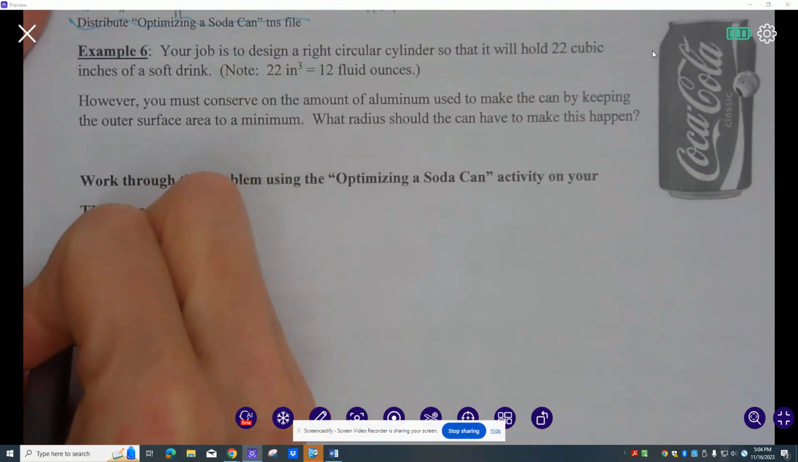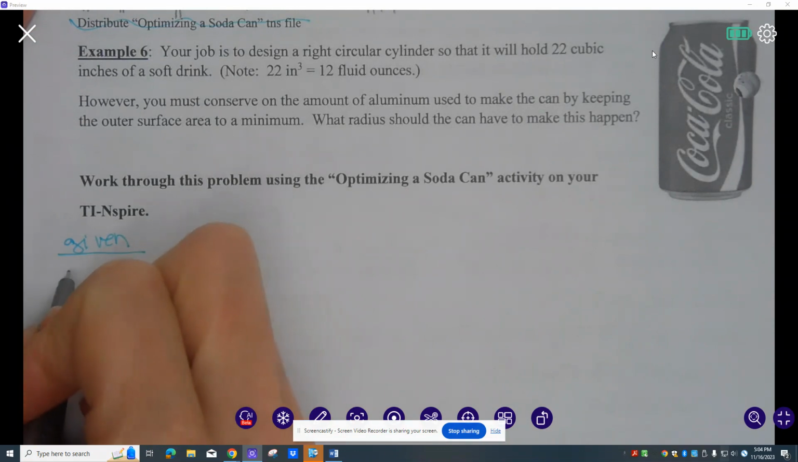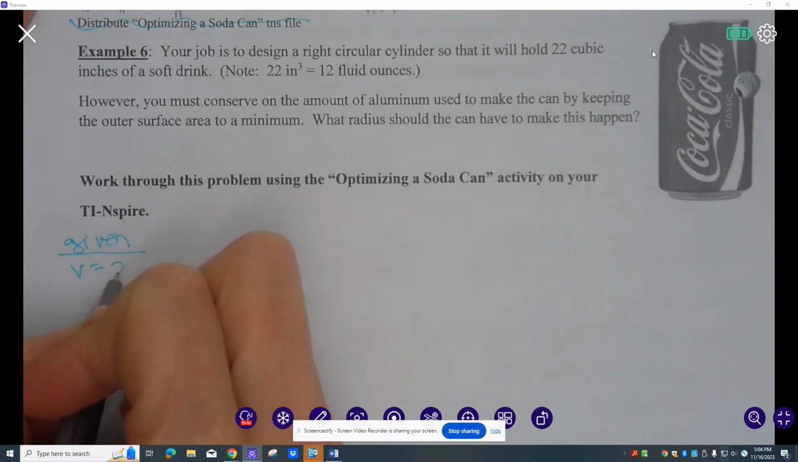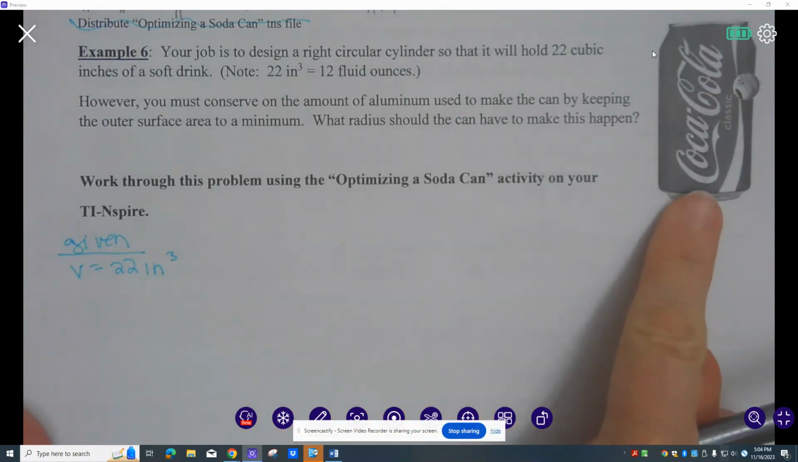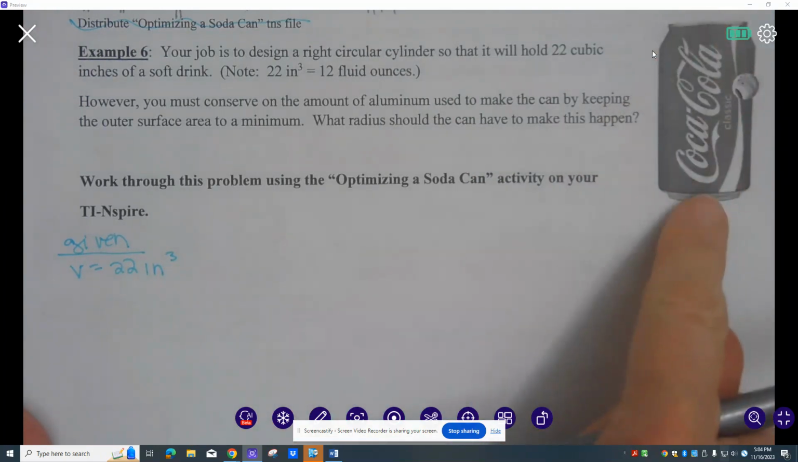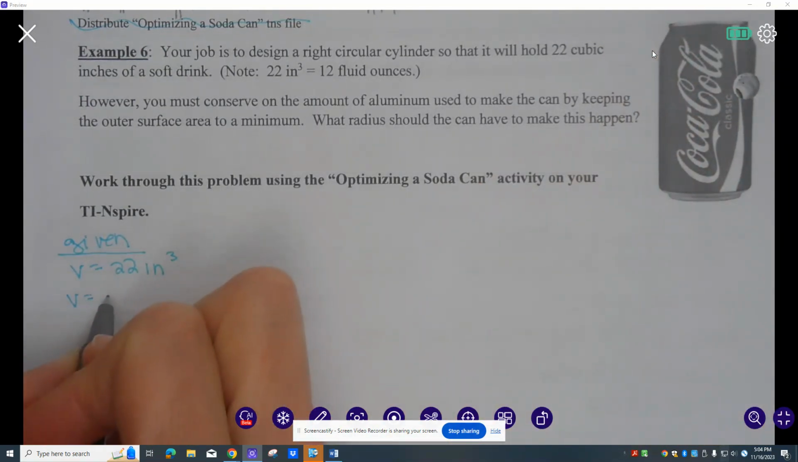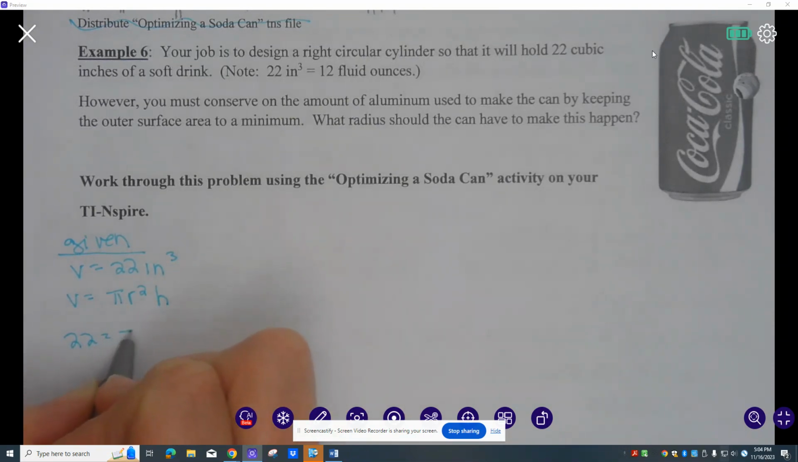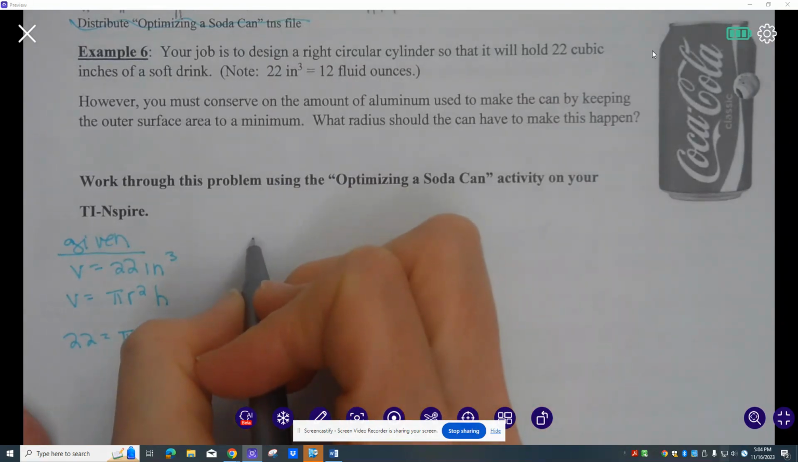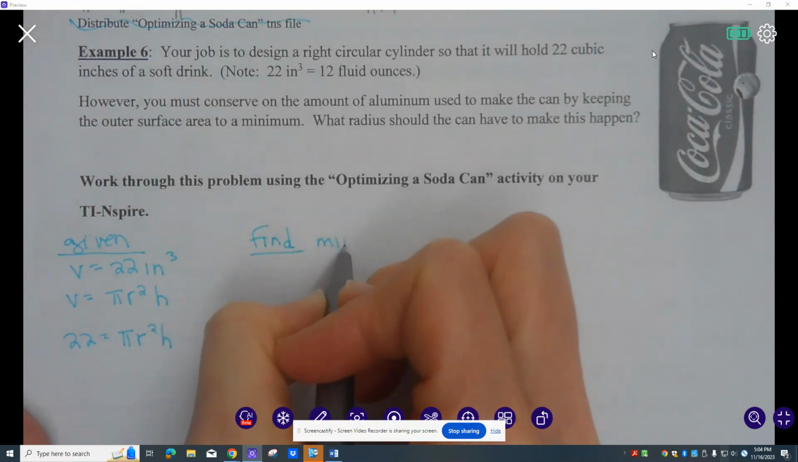So what are we given? We are given that the volume must be 22 inches cubed. So remember, volume is area of the circle times the height. So volume is pi r squared h. So 22 equals pi r squared h. Okay, surface area. And then what we need to find is we need to minimize